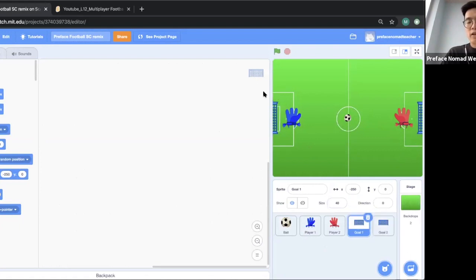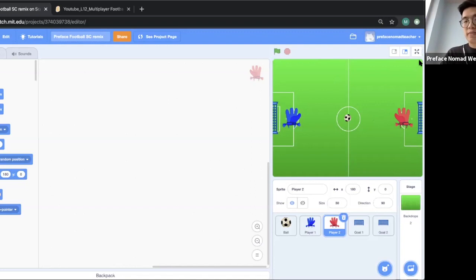They're both in their respective places on the left and the right hand side of the screen, right at the edge. And the player 1 and 2 are also on their respective sides, with the ball in the middle. So if you recognize the setting, well done. This is exactly how the project